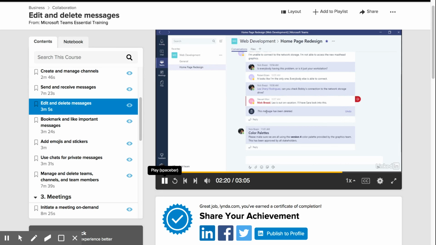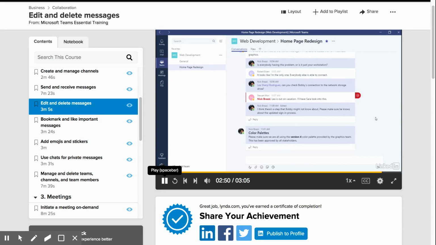When you do that, there is a line in the conversation that says this message has been deleted. And all of the other people on this channel can see that line. So they know a message was there, but it's been deleted. So if they think they remember seeing something in the past, but now they can't find it, they can see that that message was there. It's just been deleted. Now, since I'm the person who deleted it, I have a button for undo. So if I decide that I don't want that message to be deleted after all, I can hit undo and